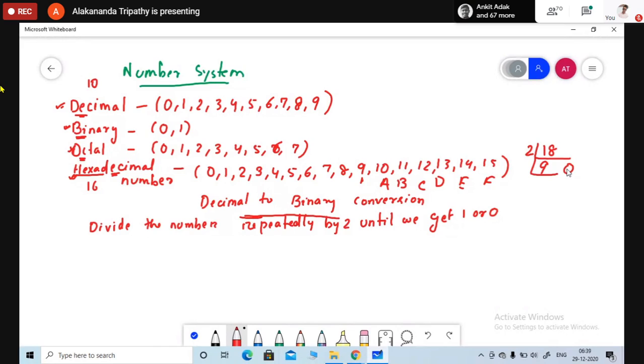All of you be careful with where I am writing the remainder. Again, 2 fours are 8. What is the remainder? 0. Again 2 twos are 4, what is the remainder? 0. Again 2 ones are 2, what will be the remainder? 0. So if we are going to write in this way,